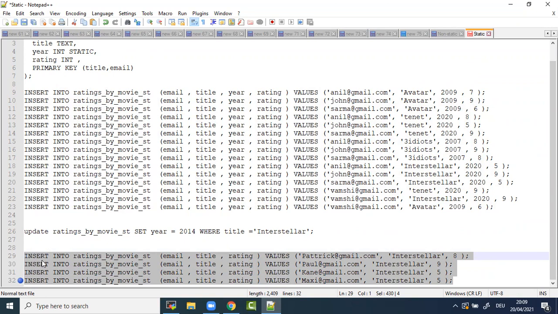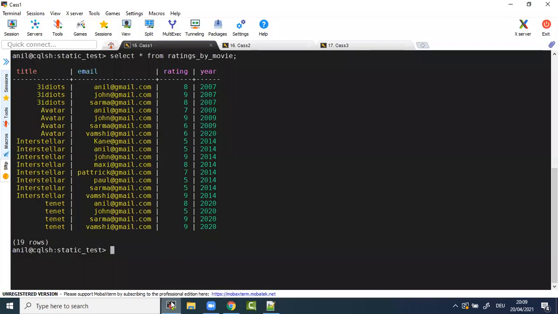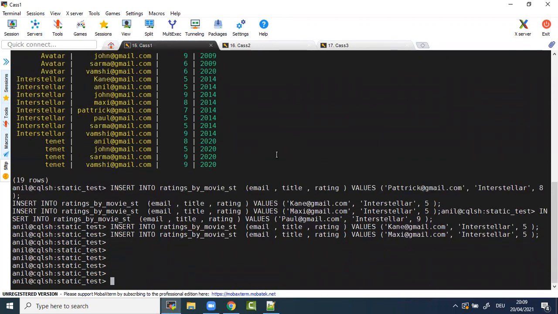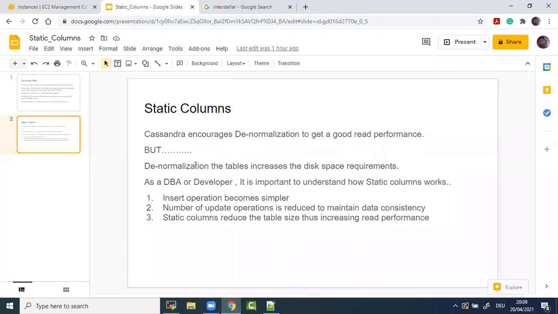So you don't need to pass it every single time. That way you can even reduce the disk space. Your insert becomes simpler, and you are saving disk space as well.